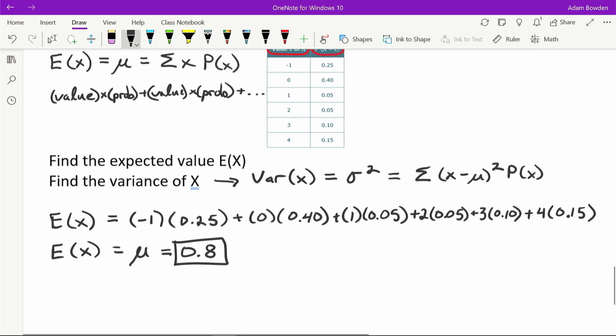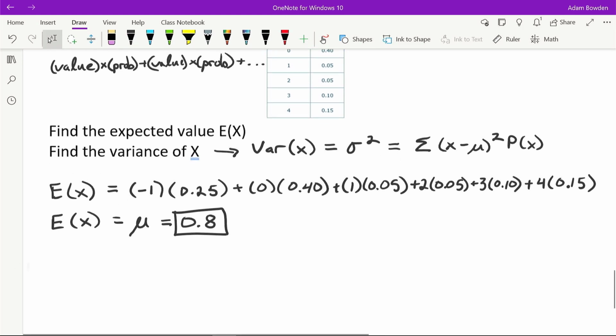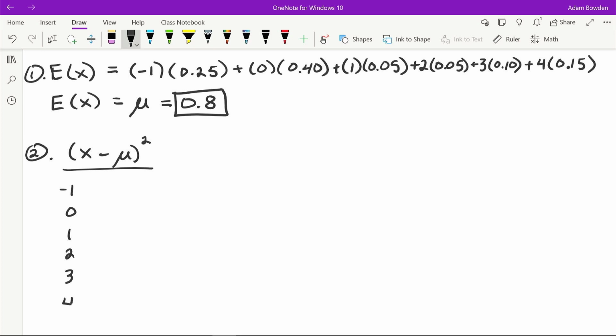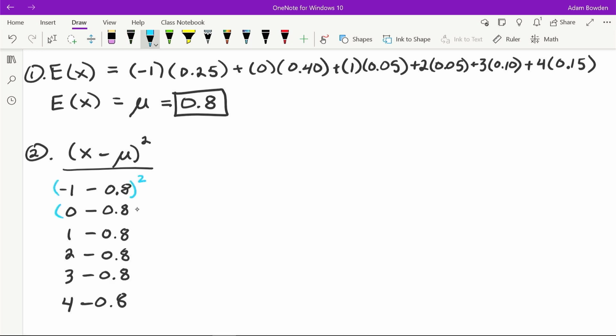With that number in mind, we're going to calculate the variance. To calculate the variance here, we start by doing x minus mu, each of those subtractions raised to the second power. Here are our values for x. We're going to subtract away the expected value, or mu in this case, same thing, of 0.8 from each of those, and then square that value. You could plug this in the calculator step by step in parentheses to the second power. The numbers I received look something like 3.24,